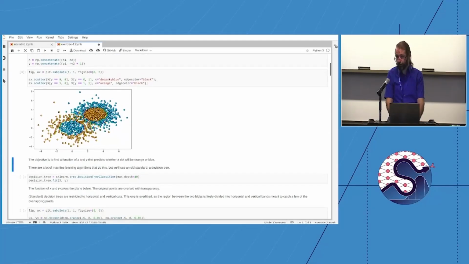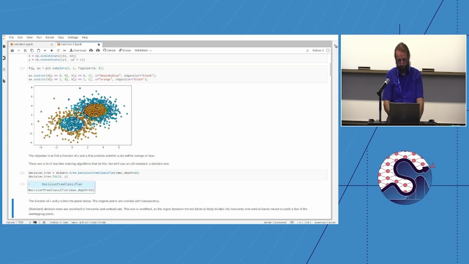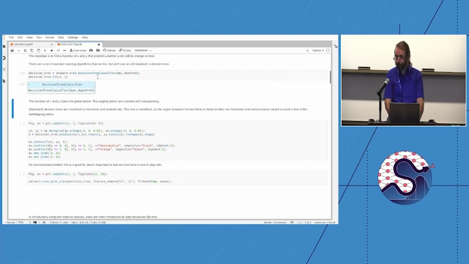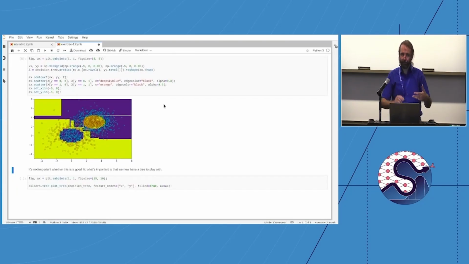There's these points to classify. They already have colors, and we need to find a machine that will, given an XY point, predict whether the dot there is going to be orange or blue. So we ask scikit-learn to do that, and using a decision tree classifier, it makes a decision tree. And this is what the decision tree looks like. For every XY point, it will say